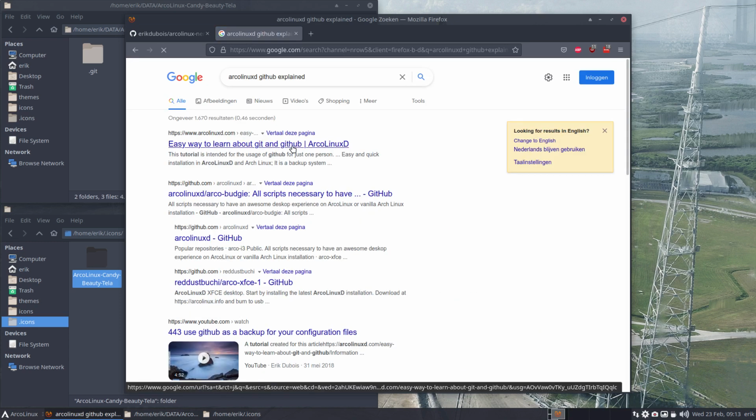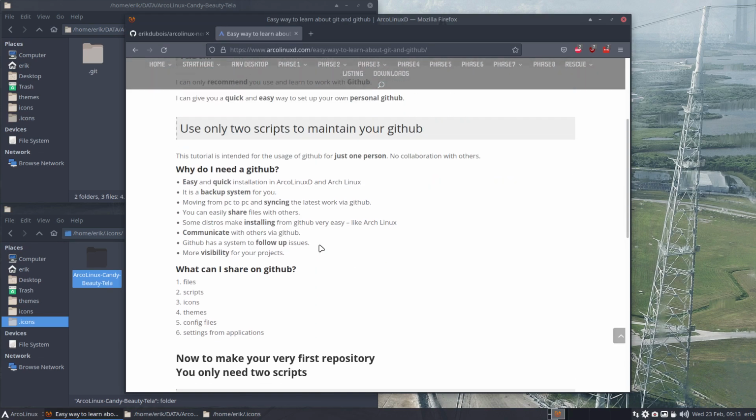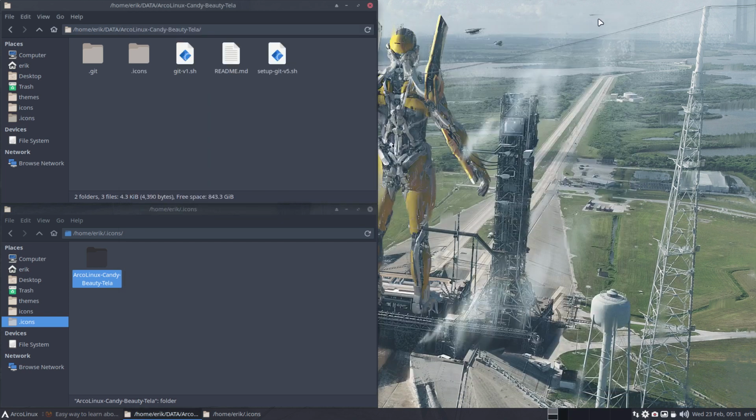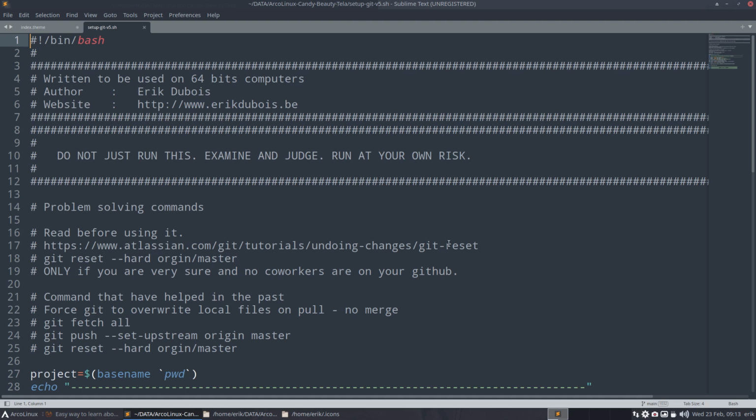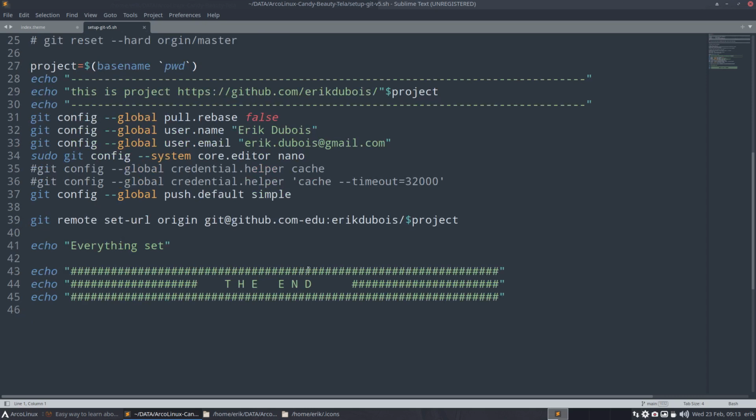Easy way to learn about Git and GitHub. Boom, ArcoLinux D, I was right. So why would you do that? Why would you bother learning GitHub? That's why. Okay, two scripts. Git and setup git. This is, in the meantime, not okay. Yep, it's not okay, because I'm using another way of signing in. But you have to